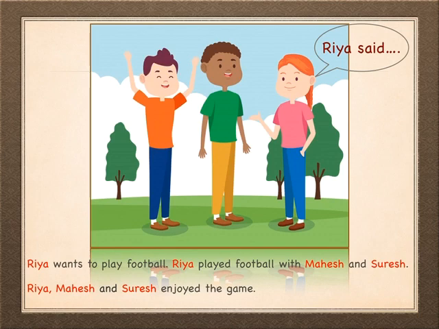Well, do you remember what noun is? Yes, noun is the name of a person, place, animal, or thing. So, here in the first sentence, Ria wants to play football. Ria and football are nouns. And Ria is also the name of a person. In the same way, in the second sentence and the third sentence, we can see Ria, football, Mahesh, and Suresh